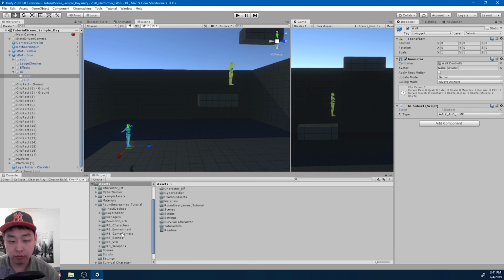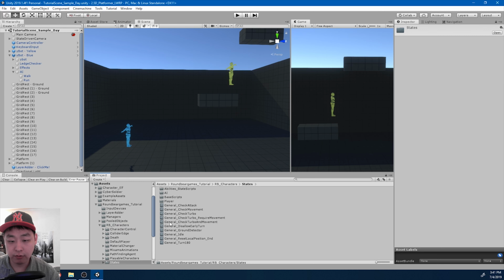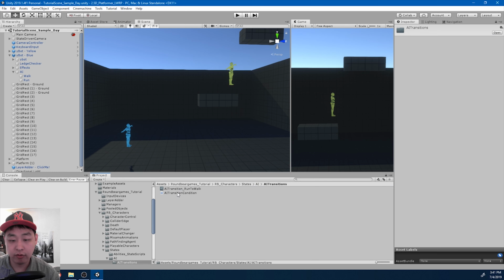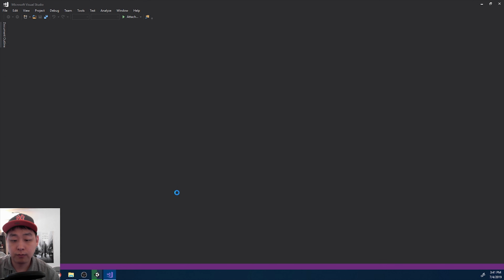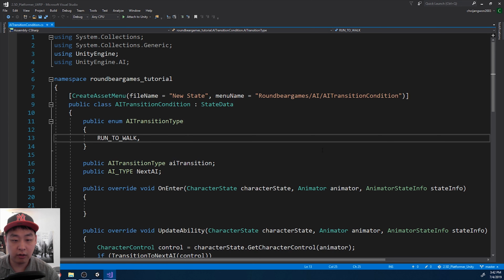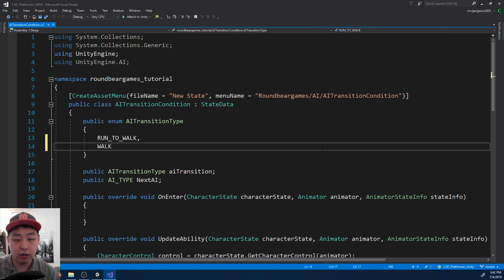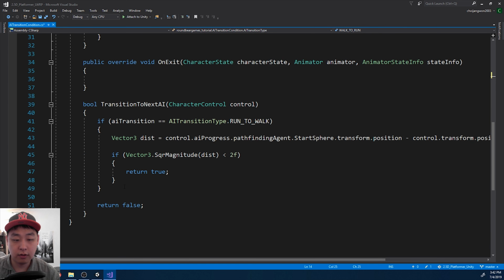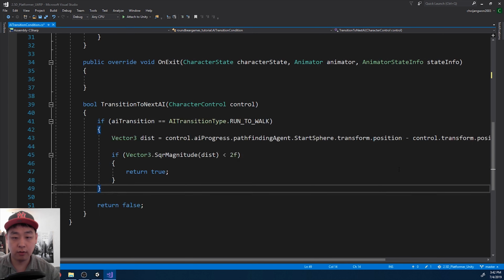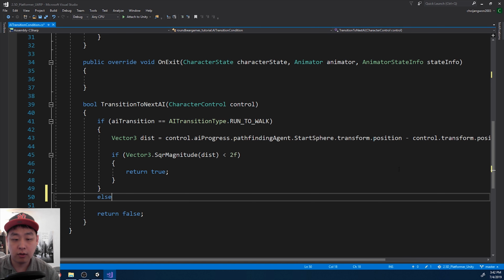I'm going to go into my states folder, AI transitions, AI transition condition script. Here I'm going to create a new transition type, walk to run. And in this function where we're checking the timing for the transition, I think I'm just going to do the opposite. So first have the if statement,